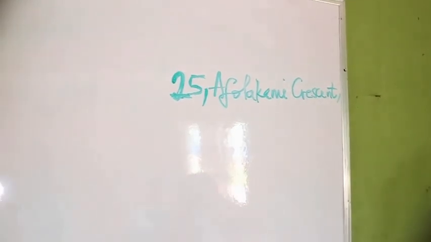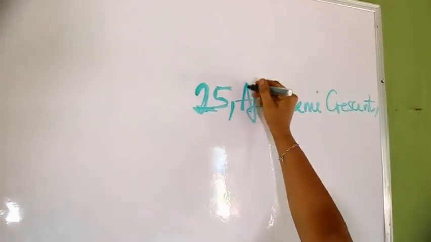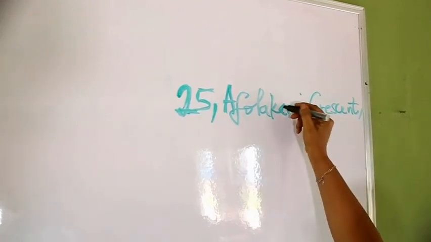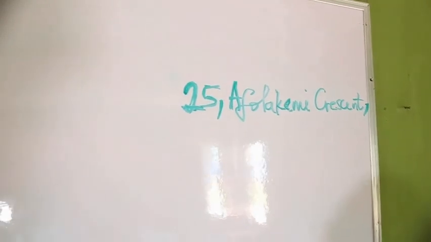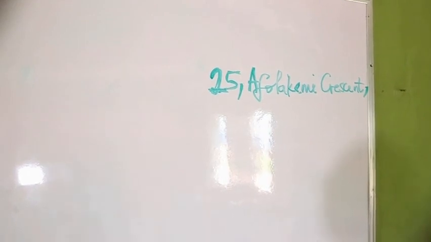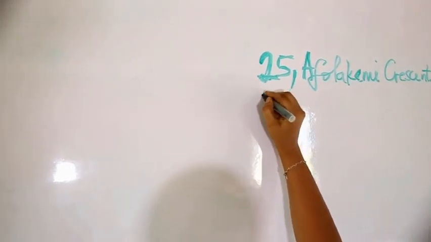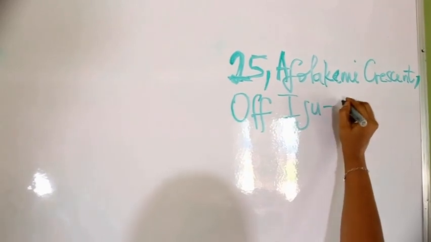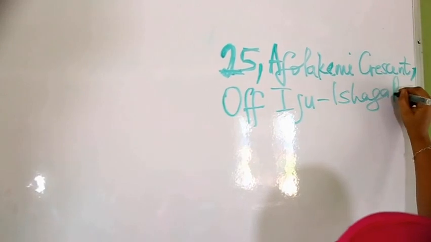Now you'll also observe that in each word I begin with a capital letter. So each first letter of each word begins with a capital letter, and the end of the line ends with a comma. Now, this is the name of a street. Where is this street situated? 25 Afolakemi Crescent is situated off Iju Ishaga Road,